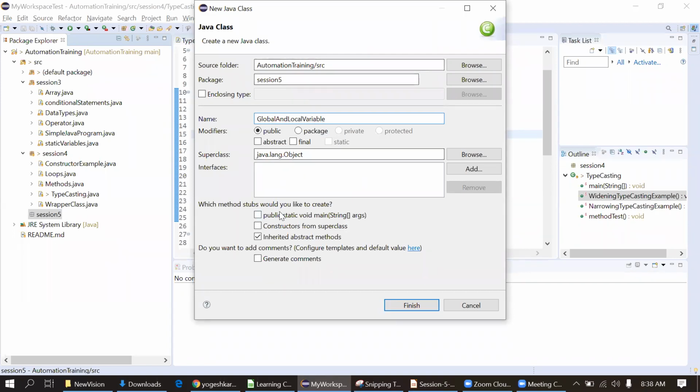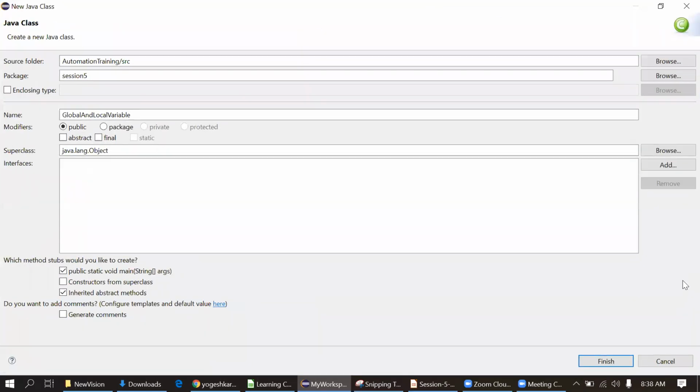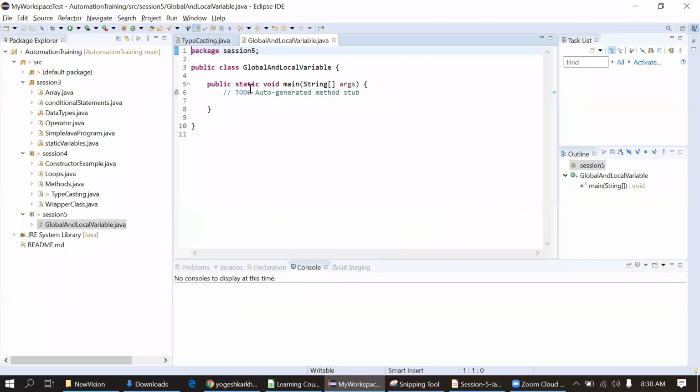It's a simple concept. I'm just taking this public static void main, so I can show you that. Now finish. This class got created.